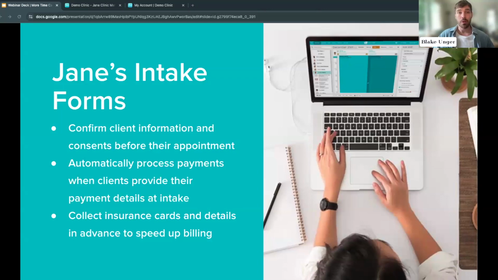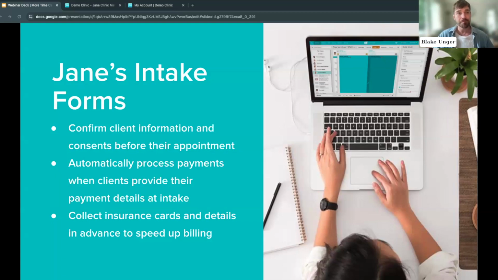Jane's intake forms are fully customizable, including options for different treatments and practitioners. So this means that especially where maybe you are a multidisciplinary clinic, you offer a variety of services that certain forms would only be relevant for certain types of treatments. You can set that up that way, where this form goes to this treatment, this form is for this treatment. So whether it's medical history, insurance details, or specific treatment preferences, you can tailor the form to fit your practice's